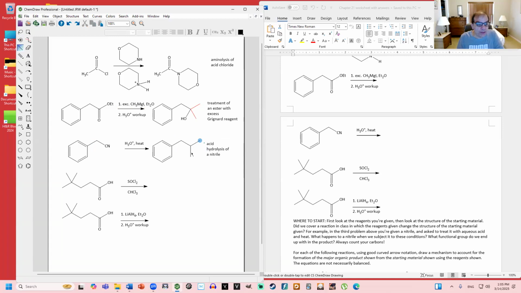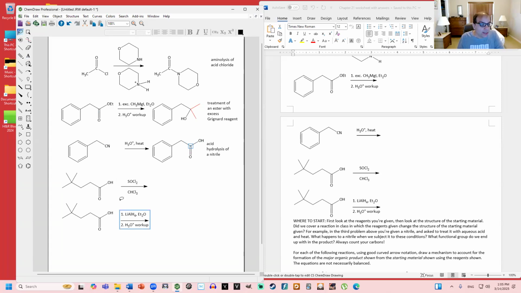The nitrogen winds up in a molecule of ammonia, or to be more precise, in an ammonium ion, NH4+, and the oxygen and the OH both come from water molecules. So you get the corresponding carboxylic acid. Be sure to count your carbons. Notice that our product has the same number of carbons as the starting material. So the carbon that's now involved in the carbonyl was the nitrile carbon. And again, the nitrogen of the nitrile winds up in an